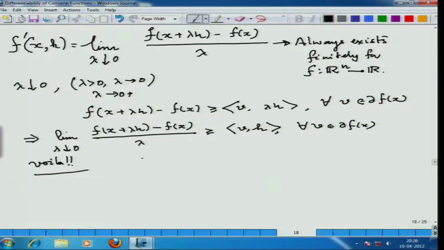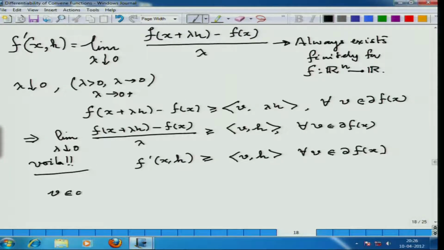Now, which means for every v in del f x this happens. So, v element of del f x